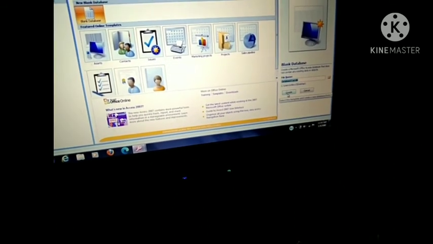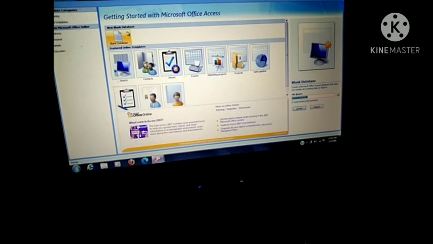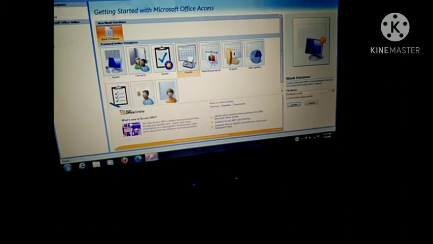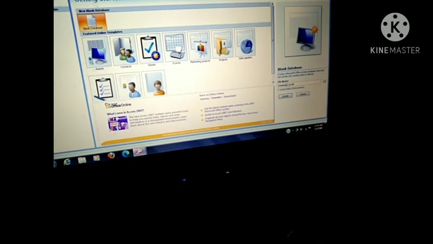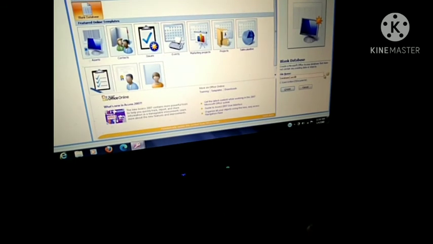So what we learned here is how we can create a database. For creating a database, click on the office button in version 7, or in version 10 click on the file tab, and here is the new option. When you click on new, click on blank database. In blank database, on the right hand side you will see the file name and the location.